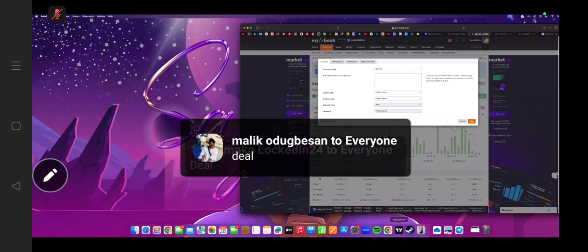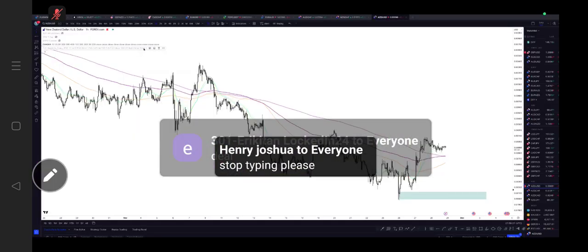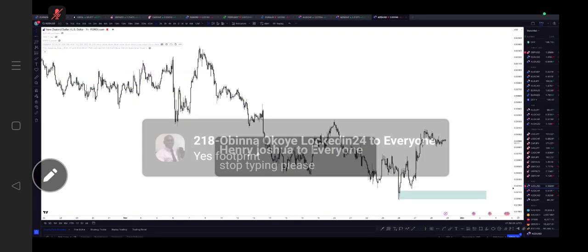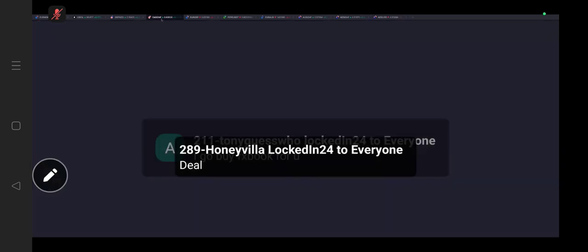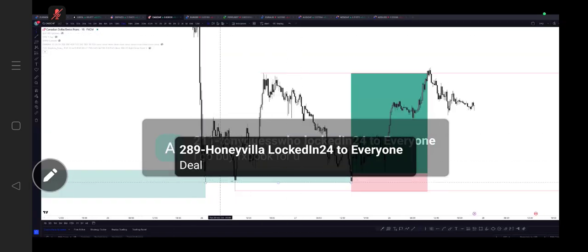So we'll talk about footprints because you guys will not get it once. It's not possible for you guys to get it once, so we'll get to talk about it over and over. So moving on, I took a trade today on CAD CHF. Right, but you would see that this is my POI, right? Now using TPO,